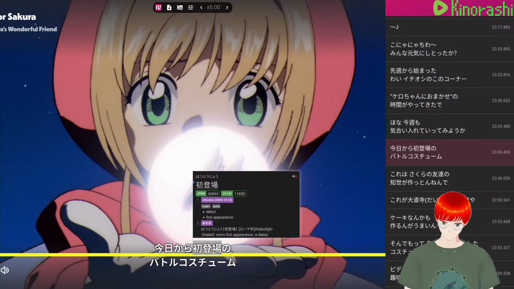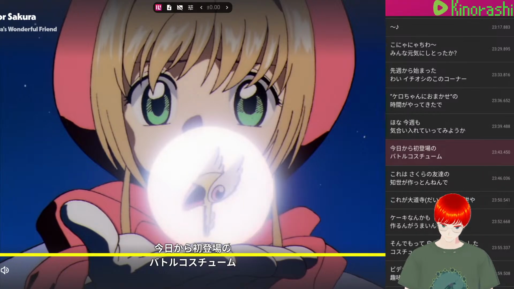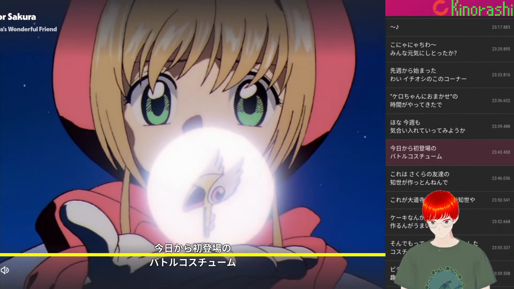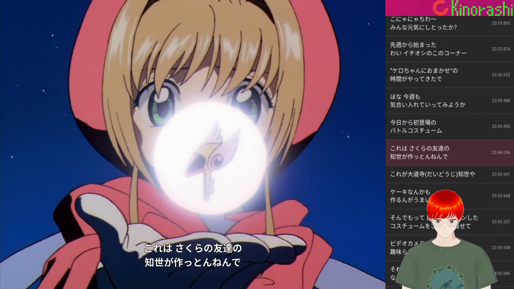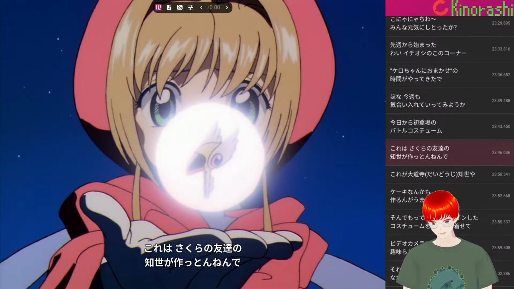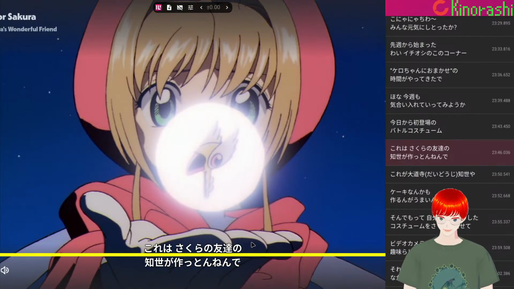Hot dojo. 今日からhot dojoのバトルコスチューム。 今日から初登場のバトルコスチューム。これはさくらの友達の友よが作っとんねんで。 これはさくらの友達の友よが使っとんねんで。So